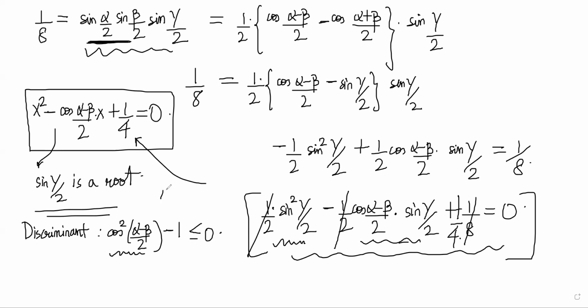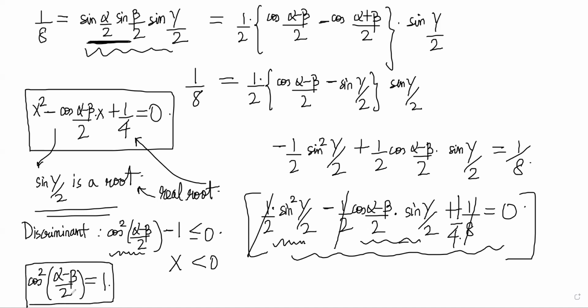And since we have a real root, here, sine lambda by 2 is real. That means the discriminant cannot be less than 0. So that means the discriminant must be equal to 0. So we have this condition guaranteed, right? Which means that alpha must be equal to beta, right? And if alpha is equal to beta and cos of alpha minus beta by 2 is 1,